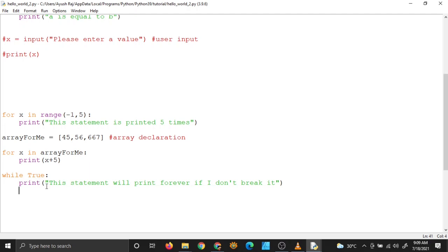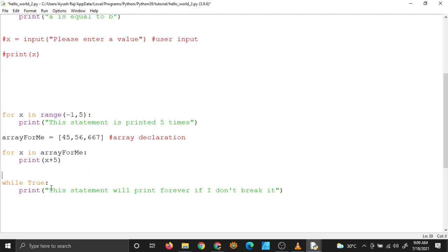Right, okay. So I can also make my while loop run a particular number of times by using some external variable. Suppose I use this variable count, and I initialize it to 0, and every time my while loop runs, I increase the value of count by 1. Count is equal to count plus 1.